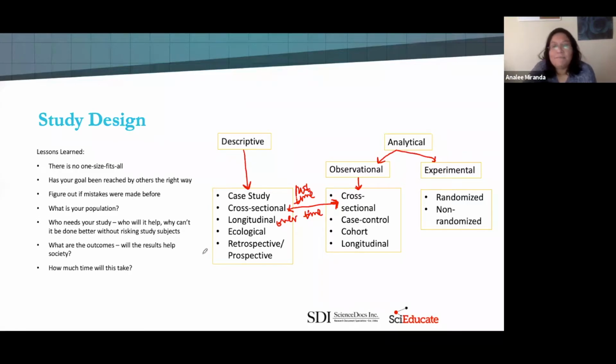So these are all the types of studies. If you're going to have some sort of descriptive studies, if you're going to have an observational, then you would either look at cross-sectional, case control studies, and cohort studies are more along the lines of medical studies. And again, we have the longitudinal study designs, which I was also able to engage in with my study, and which we'll talk about in a little bit. And then we have experimental, which has randomized and non-randomized,